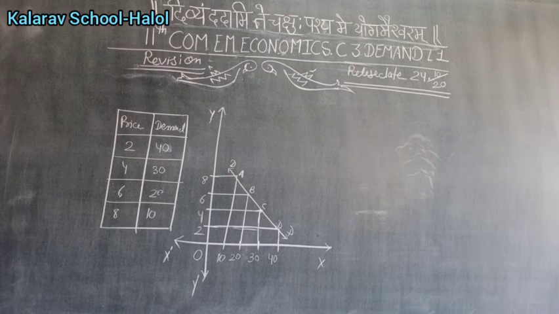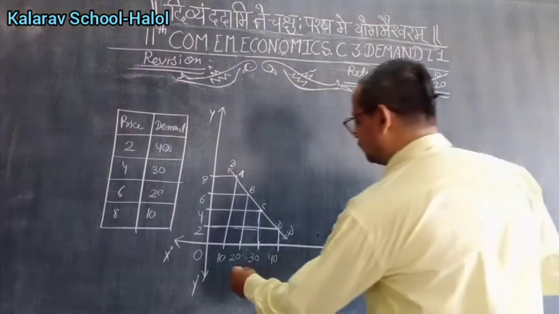Next is the demand curve. Whatever you can see just now in front of you, this is the demand curve. इसको हम लोग demand curve बोलते हैं. You can see beside it the price and demand, that is the schedule. When that schedule is converted into a graph and you get the points A, B, C, D with a downward slope, that is your demand curve.